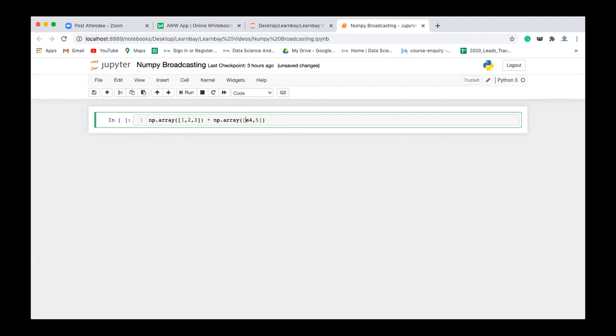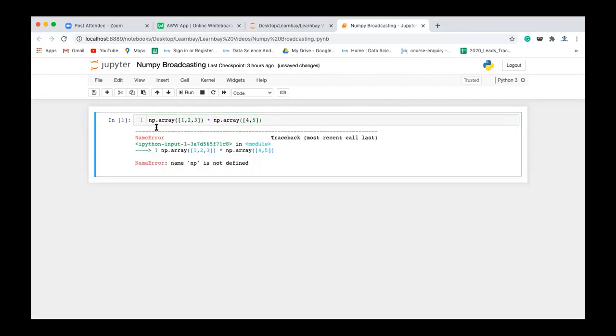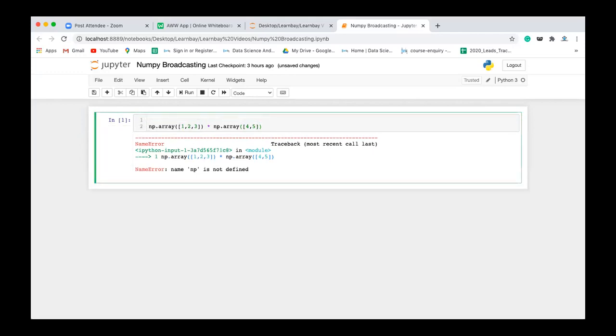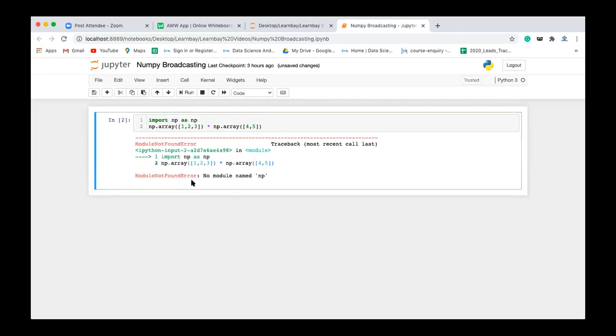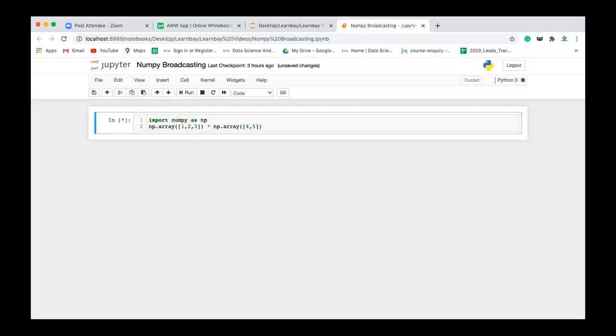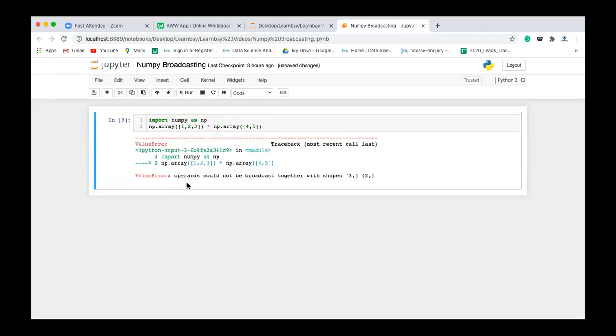Import numpy as np, sorry guys. Now what we are getting: operands could not be broadcast together with the shape 3 comma 2.